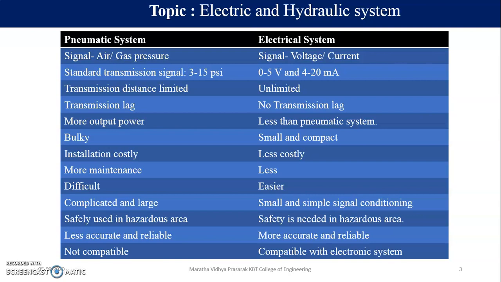If I have a pneumatic transmitter and I want to connect it to the PLC, I should know what standard signal this pneumatic transmitter is going to require. If I say the pressure is going to be 3 to 15 psi, then at 15 psi the output of the transmitter, if it is in current form, will be 100%, that is 20 milliamperes. And if 3 psi is the minimum, then the output will be 4 milliamperes, and the output is 0%. So this is how we can scale. It is very important for standard transmission signals.